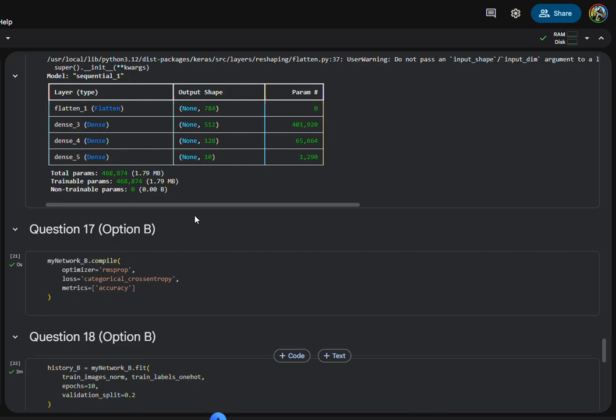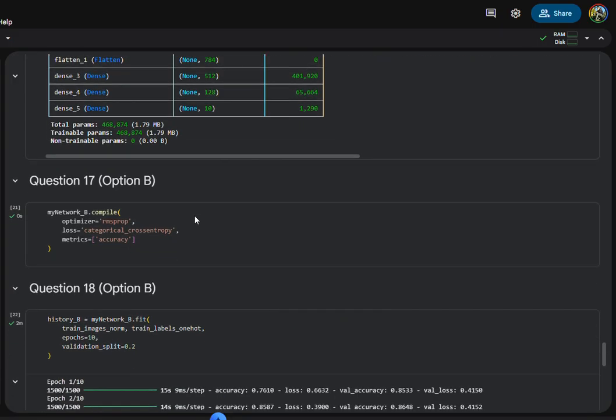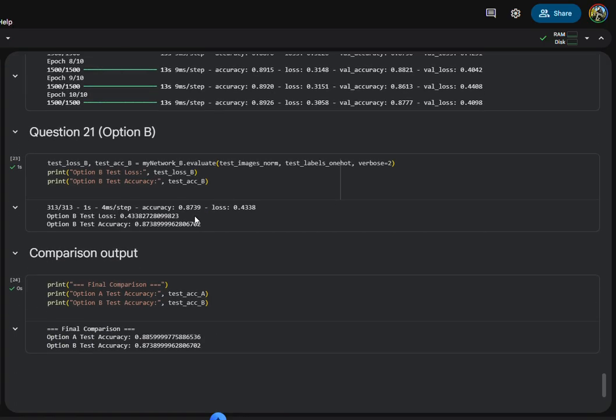Then I created a new model, my network B, with the same architecture, trained it for 10 epochs again, and evaluated it. My option B result, as you can see here, is accuracy 0.8739 and the loss is